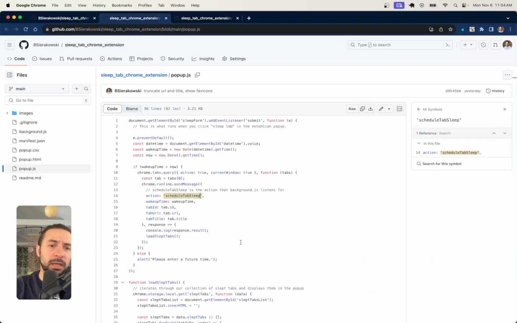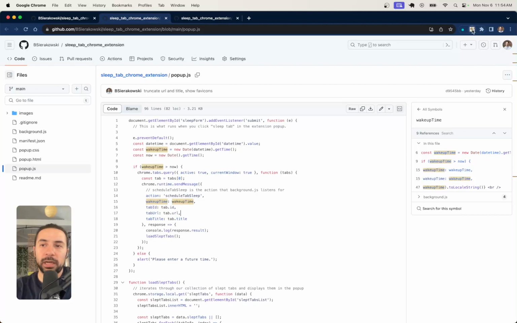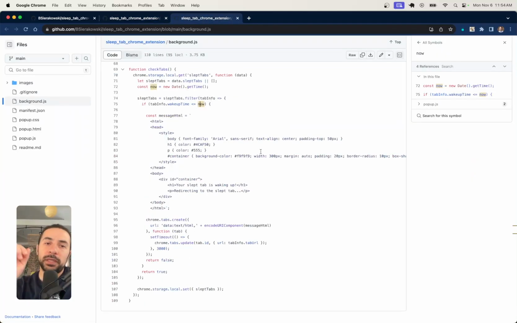So here's the code. Here's our pop-up JS. And so when we submit that form, like I just did a second ago, we're going to broadcast a message, which is going to be listened for in the background JS. We're going to send the name of the action, the time that we're going to wake up, so this time here, and then a little bit of information about the tab that we're sleeping. Then over on the